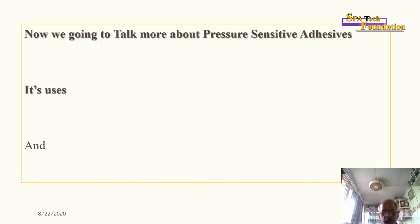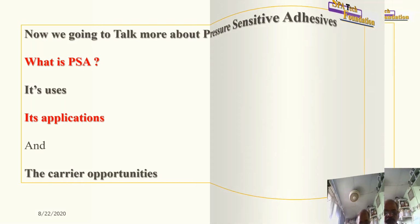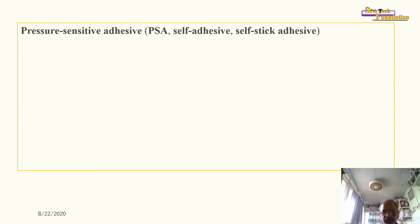Now we are going to talk more about pressure sensitive adhesives, or PSAs. What is PSA? Its uses, its applications, and the career opportunities. PSA, self-stick adhesive